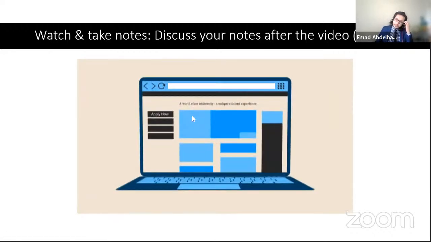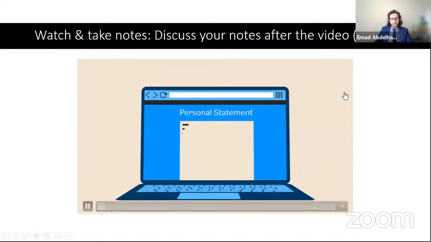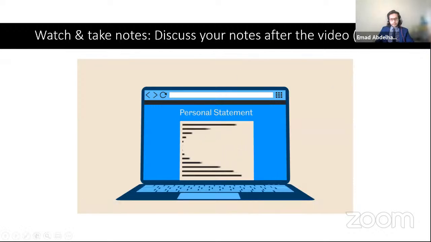If you're applying for courses in the UK, you'll probably need to complete a personal statement as part of the application form. This is a blank section for you to write about yourself, so it's often the most difficult part, but also